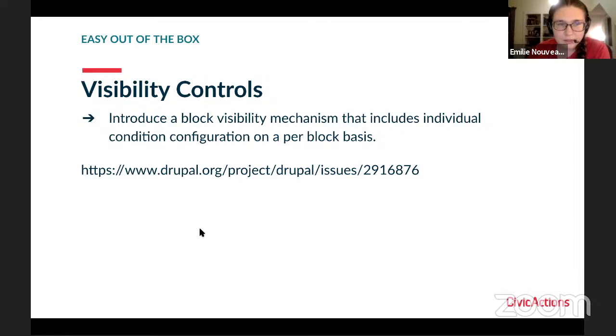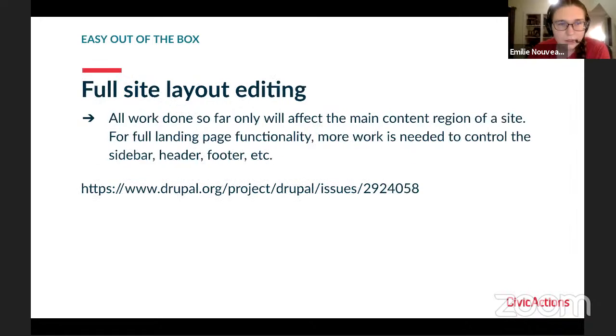And this one is a really big one that I think has quite a bit of interest, is the full site layout editing. So the main point of this issue is to determine if we need to do full site editing for the Easy Out of the Box initiative for it to be standard. But